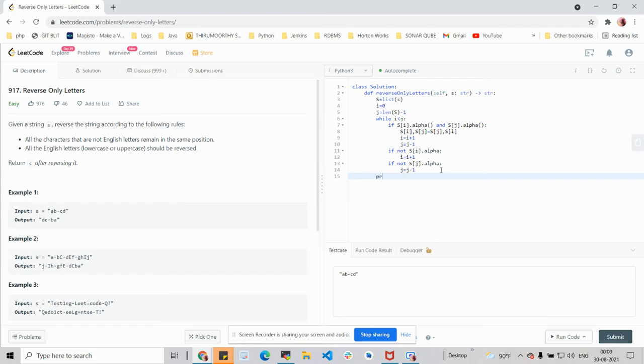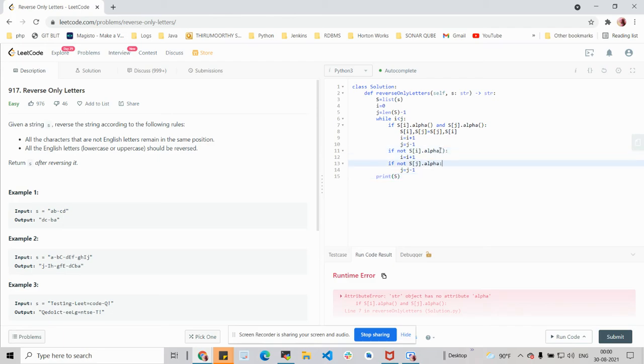okay, let me try to print it first of all.